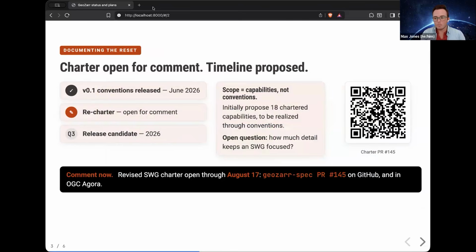So we have a pull request open, which a QR code here links to for a revised OGC standards working group charter. As another brief side tangent into history, GeoZar will be built on top of these ZAR conventions, which are community built and maintained. And then for why I believe we need an OGC standards working group on top of this is that OGC provides